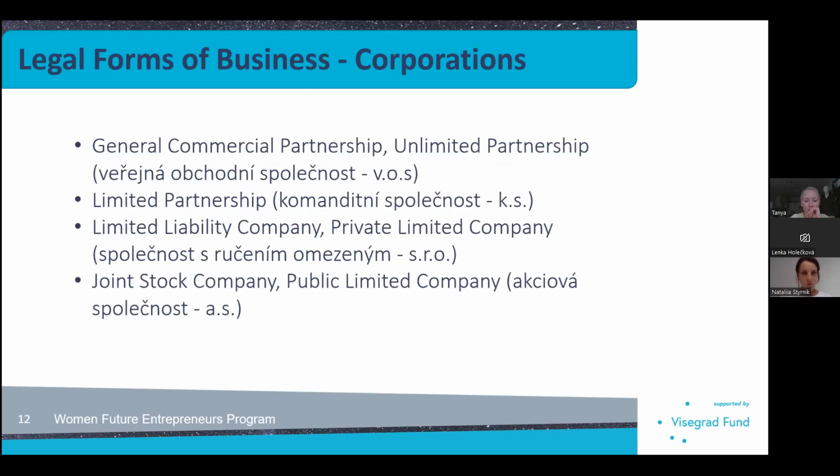And to summarize something about corporations, as we mentioned during our last lecture, we have so-called general commercial partnership. It's veřejná obchodní společnost in the Czech language, limited partnership, komanditní společnost. These forms are not very common, but here you can find some examples in the Czech Republic. Then limited liability company is the most frequent, the most common type of companies in the Czech Republic, and joint